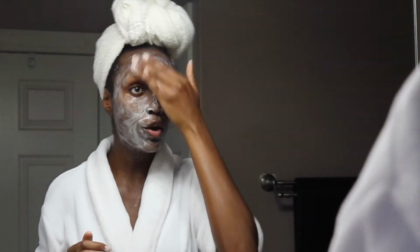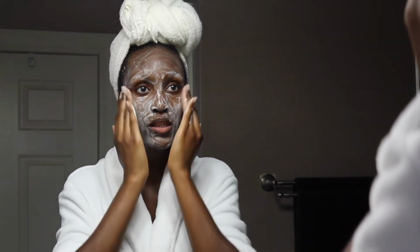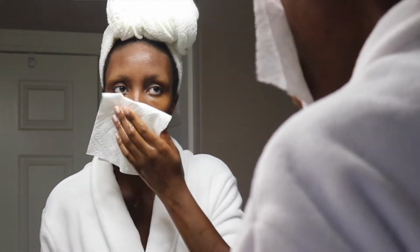Usually the toner, I like to keep it in the fridge to keep it cold because that's the next step, to use toner. And when it's cold, it helps to close pores. But fortunately, my toner is currently not cold, so I'm just going to be using cold water to do the job. Now that I'm fully cleansed, I'm going to take another clean paper towel and dab my face. Now that I'm done with the cleansing part,